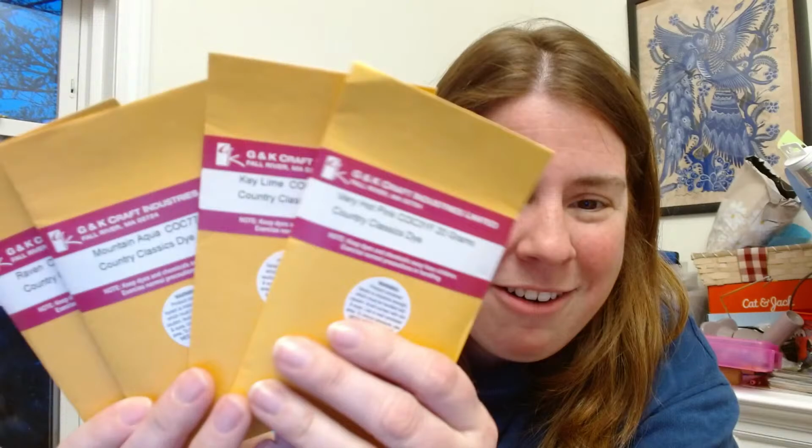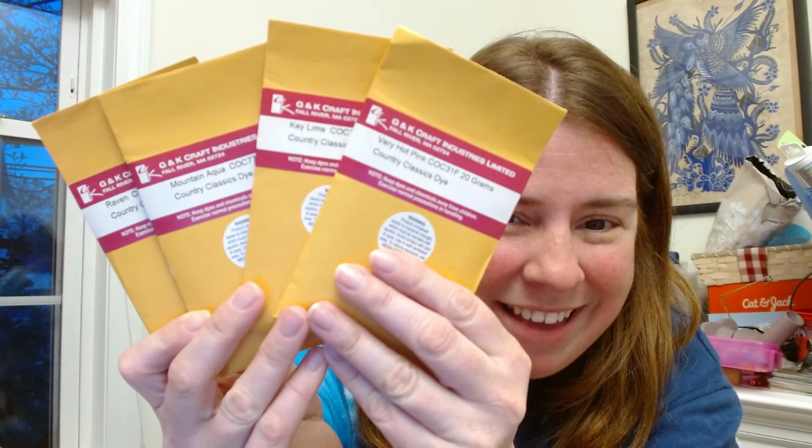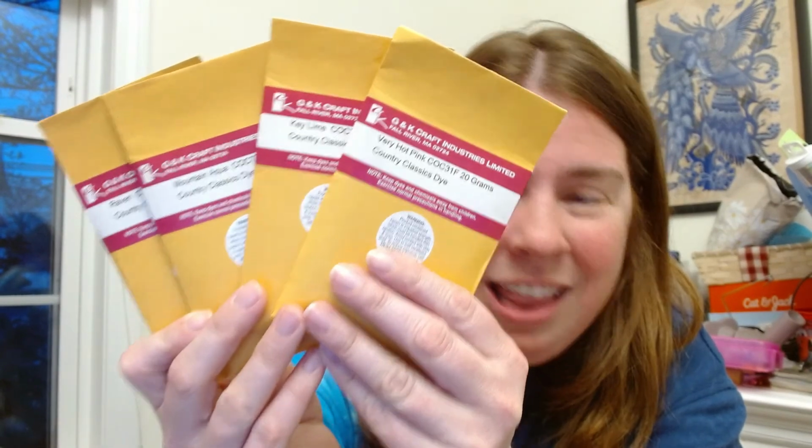So I was actually going through their website and considering Country Classic dyes. And here we go. We've got Country Classic dyes in 4 colors. Oh, this is so cool. So I've got 20 grams. Okay, but Country Classic dye has,